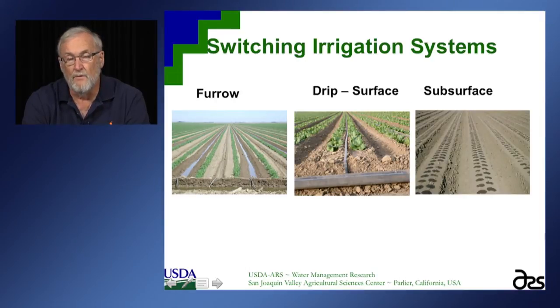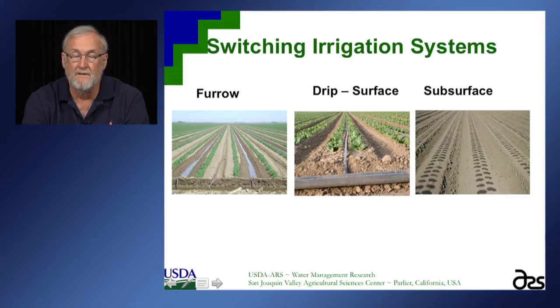The other way to go then is maybe from furrow systems or sprinkler systems, then progressing on up to drip systems. So we're looking then at either surface drip or subsurface drip. And there has been a lot more acceptance of drip systems simply because of changes in the equipment availability for designing these systems. You have a lot larger diameter drip tubes for laterals, which means that it's easier to lay the system out.